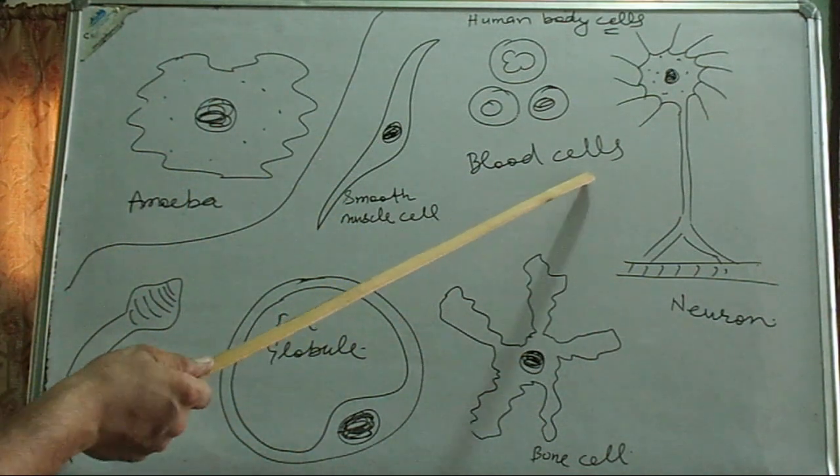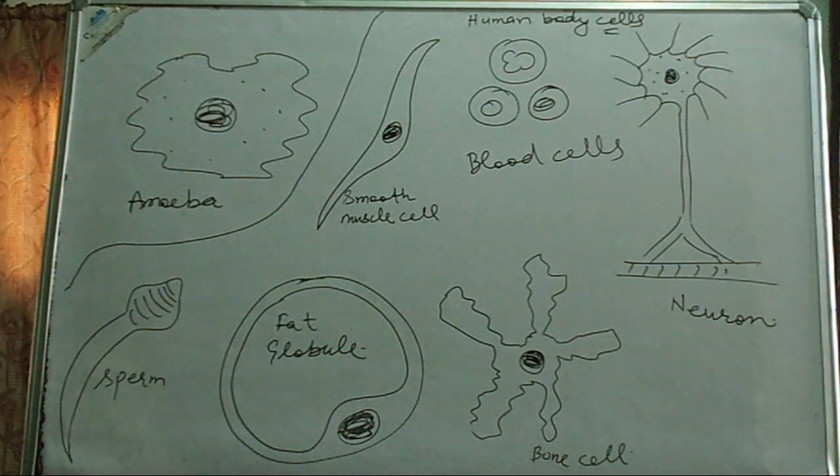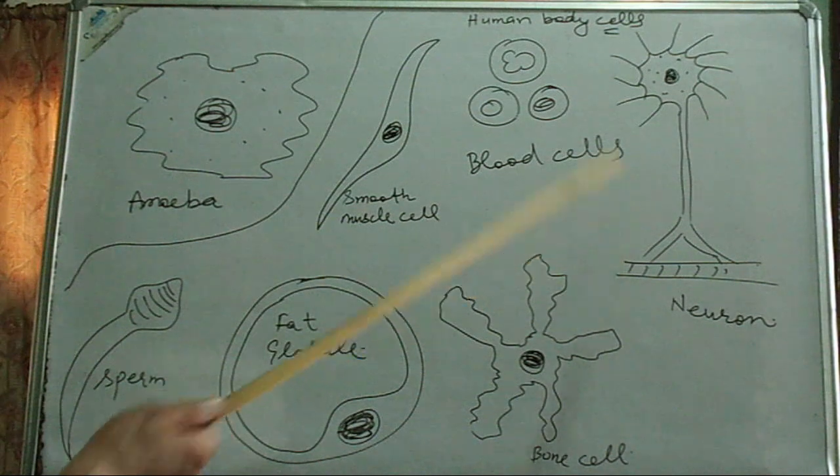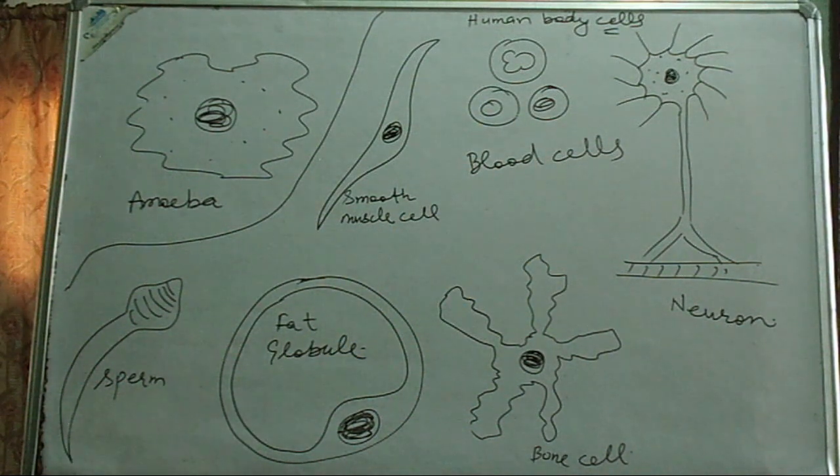And here are blood cells. RBCs help to transport oxygen. WBCs are the soldiers of the body. And platelets protect the blood from coming out of the body; they prevent the blood from coming out of the body. Similarly, what is the function of a neuron? It transmits impulse messages from one part of the body to another part of the body. These messages are transported by neurons, which are part of our nervous system. Then these are the bone cells, which are present in our bone. What is the function of the bone cell? Manufacturing of these blood cells.